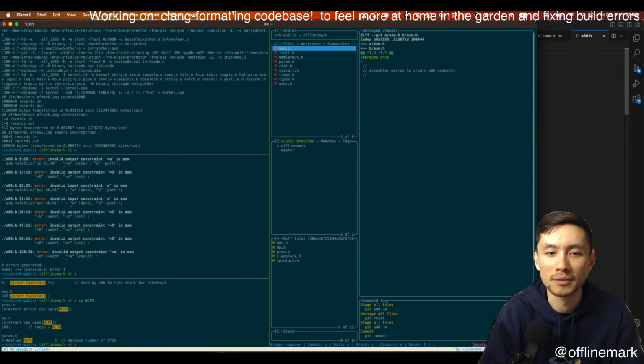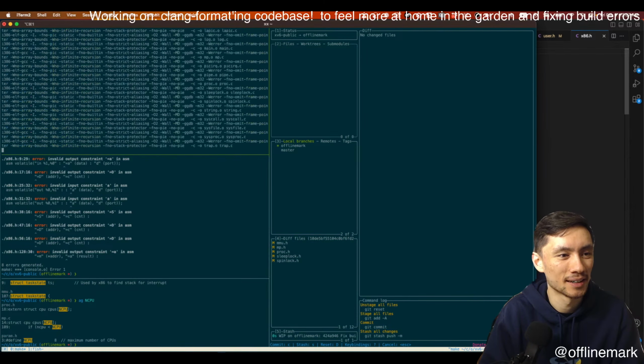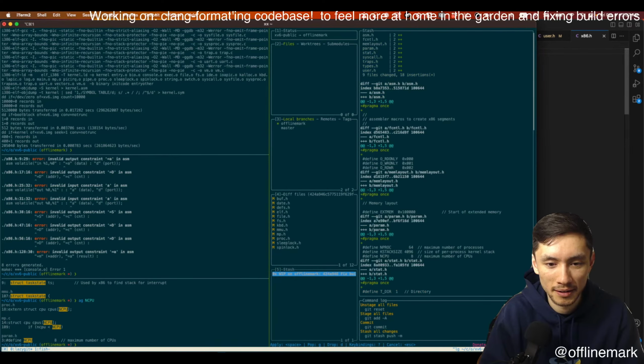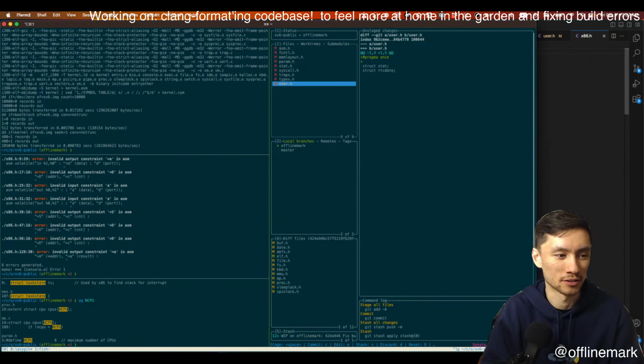What did I possibly do? I'm gonna stash this real quick. I could have sworn it was just building. How do I apply the stash? All I've done is add pragma onces everywhere, which should be an extremely safe operation.